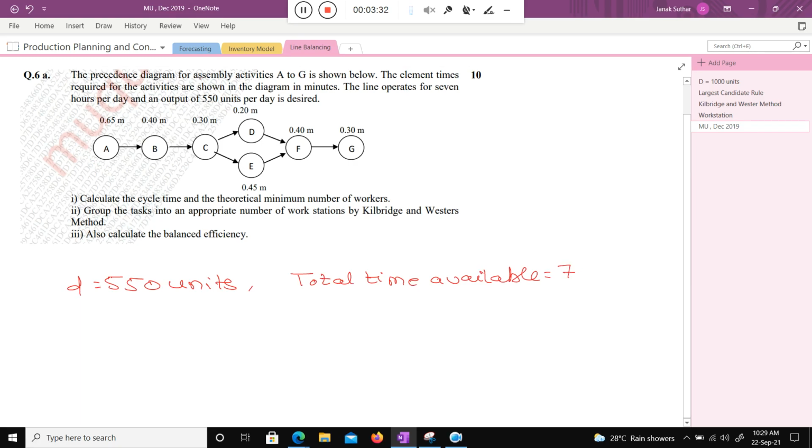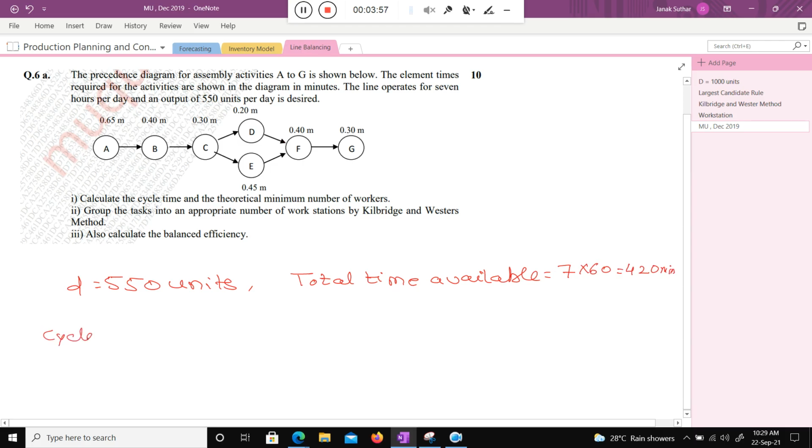I change it into minutes because every unit for the workstations is given in minutes. So 7 into 60. Can you quickly calculate? 7 times 6 is 42, so 420 minutes.